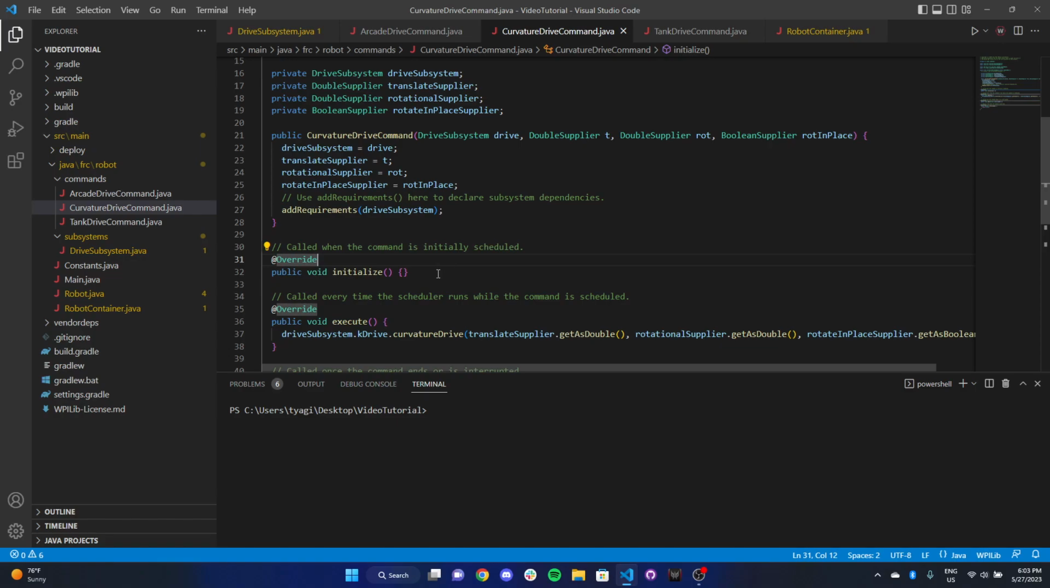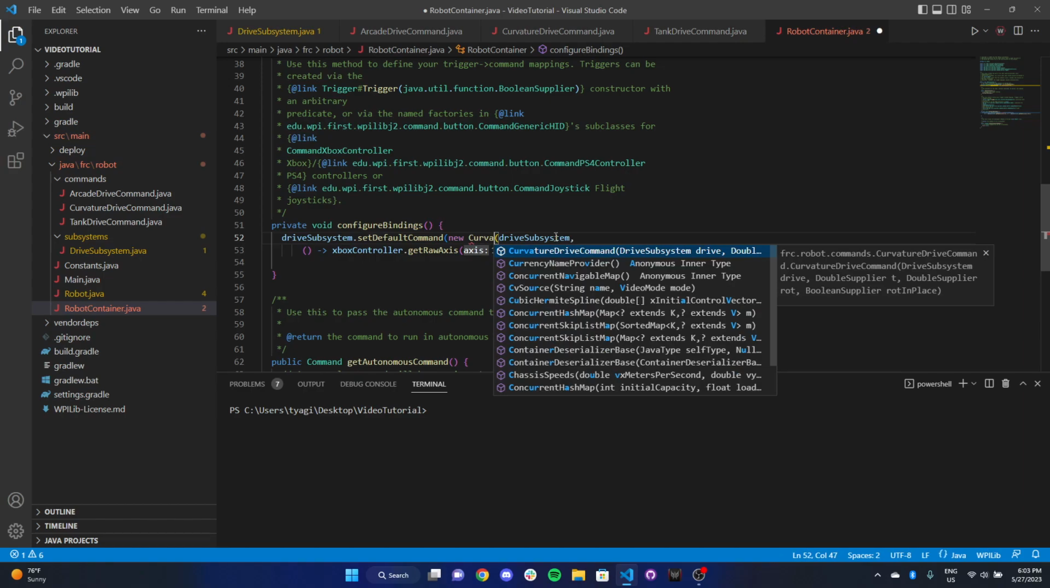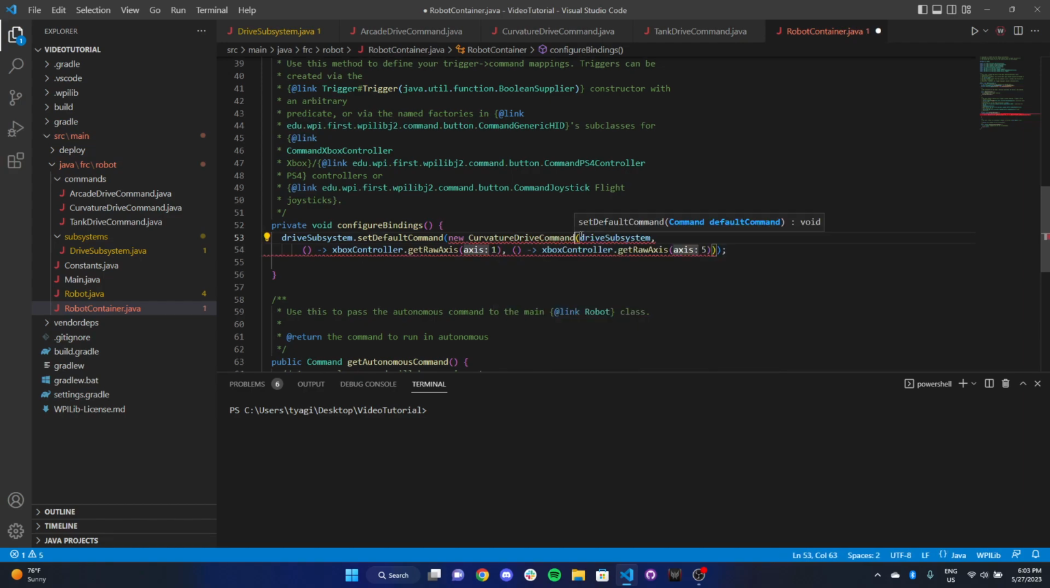So now let's go ahead and actually implement the curvature drive command inside a robot container so that you can test it out. So we're going to go to robot container, and we're going to replace the default command, which was previously set to tank drive command, with our curvature drive command. So I'm actually going to just change this to curvature drive command because we already know that this is similar,